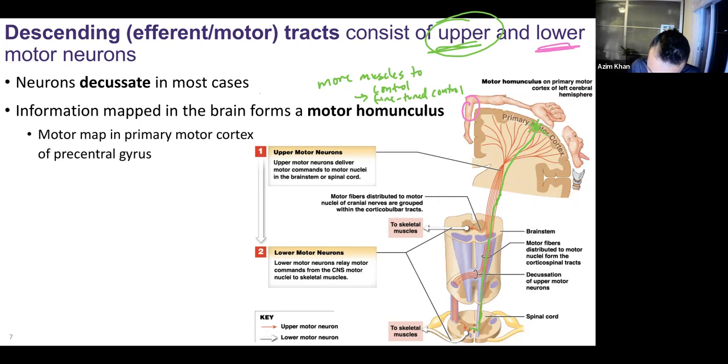Let me point to that decussation. We have decussation here in the anterior white commissure. And then I'm going to draw an axon terminal in the ventral horn, because remember, the ventral horn is for somatic motor neurons. It's for the second order somatic motor neuron. I'm going to draw another neuron here in the ventral horn. Its axon is going to exit out the ventral root, and it's going to target whatever muscle of our hand.